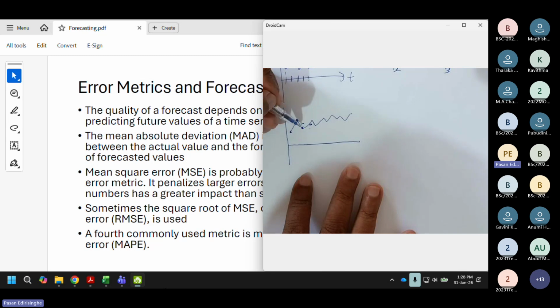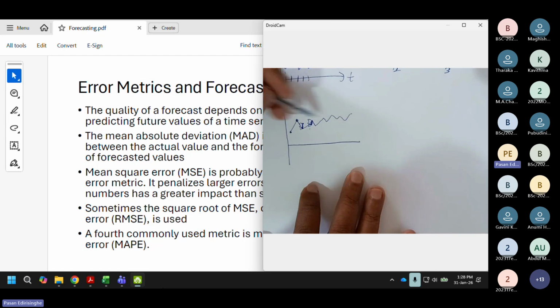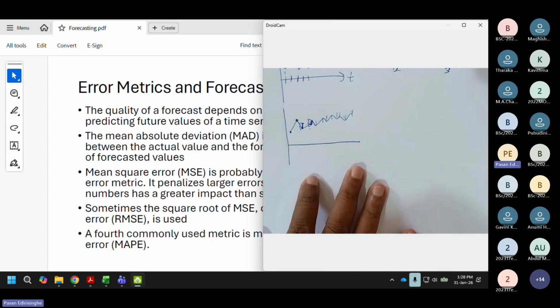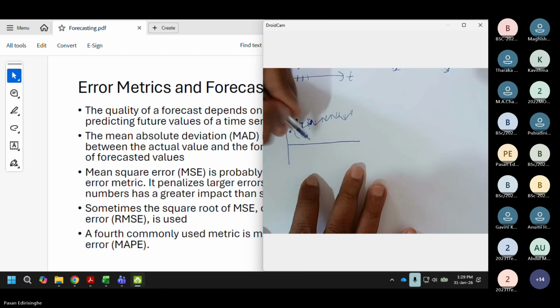So for each prediction, there is some difference you can identify, some deviation like that. For each point, you can identify certain deviations like that. So these deviations are our error measurements,